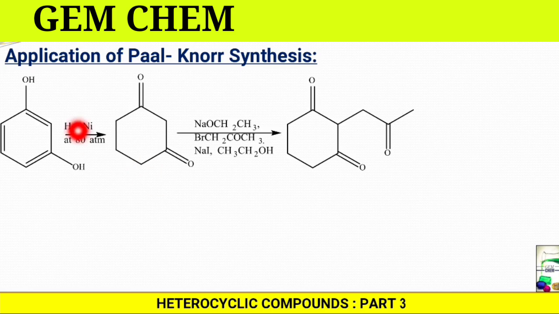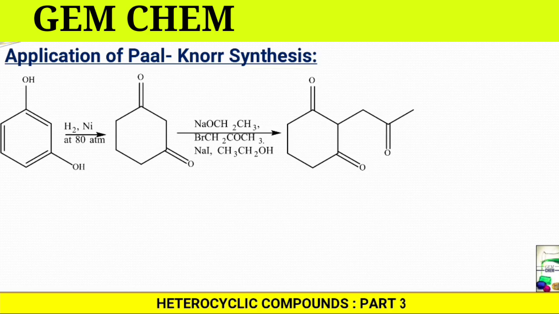So if you see here, a resorcinol is being taken and it is reacted with hydrogen nickel. So it is basically converted into diketone. Once it is converted into diketone, to it we have added NaOCH2CH3 and